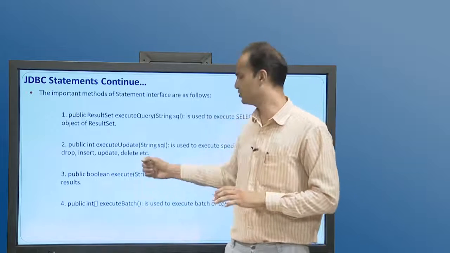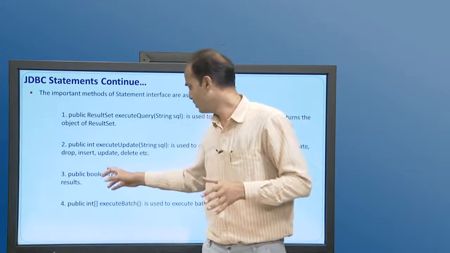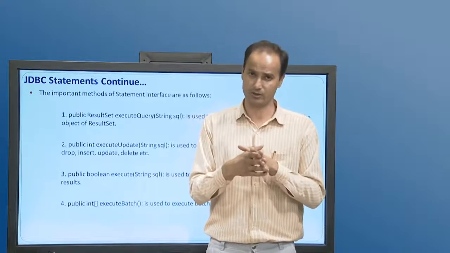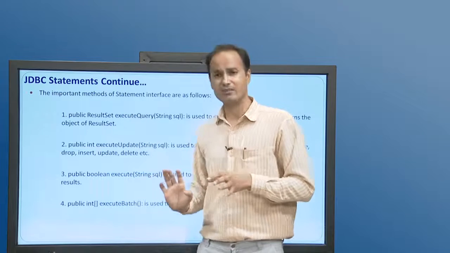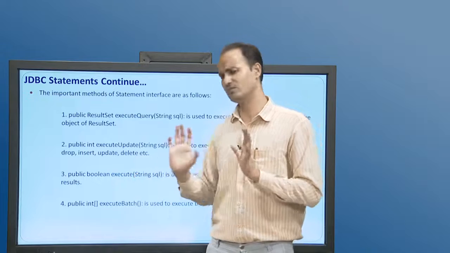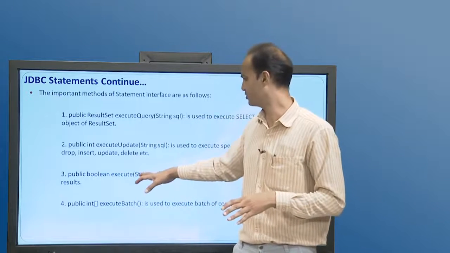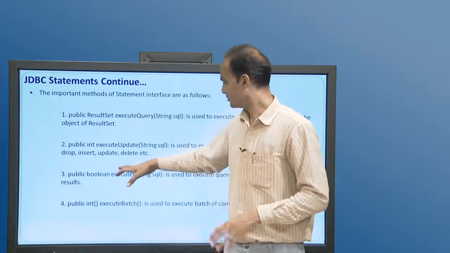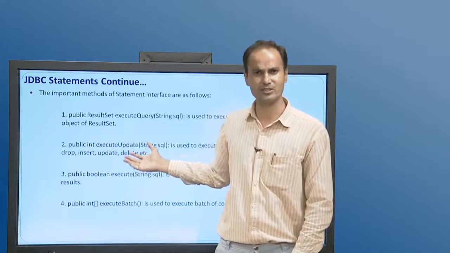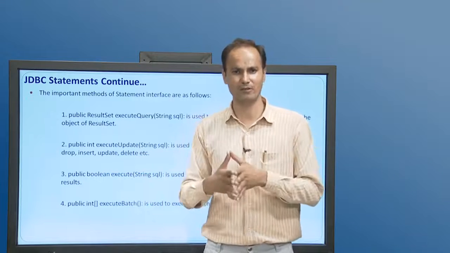The third method is execute. What does the execute method do? It simply returns a boolean value. So if you want to check whether a particular query has been executed or not, and you don't want a result set or another kind of status, but just want to confirm that the query has been executed successfully, then you just use the execute method. It will return either true or false. If true is returned, you can confirm that the query has been successfully executed, and if it is false, then we can make sure that there is a problem and we will solve it.